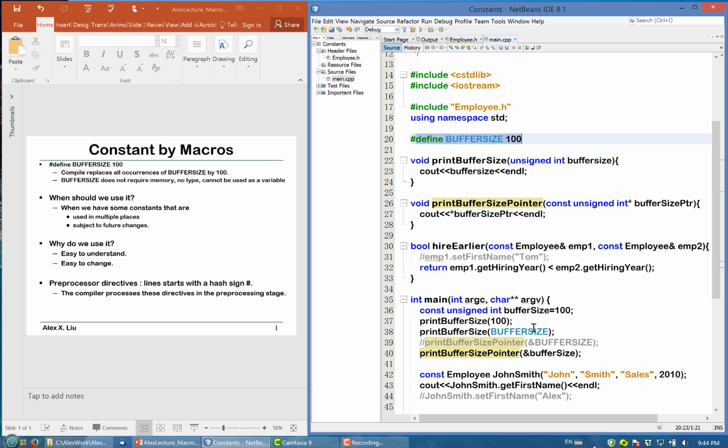First, they make the programs easier to understand. For example, if you see 100 in a program, you may not know what that means. But if you see BUFFER_SIZE, for example, in this constant BUFFER_SIZE, then you know that means the size of a buffer. And in C++, those lines that start with a hash sign,